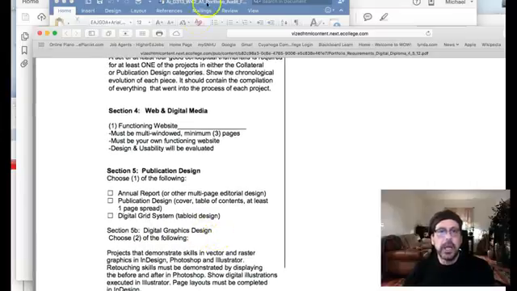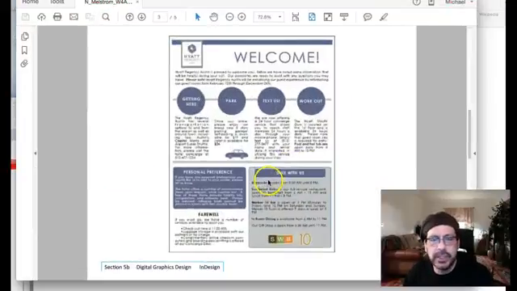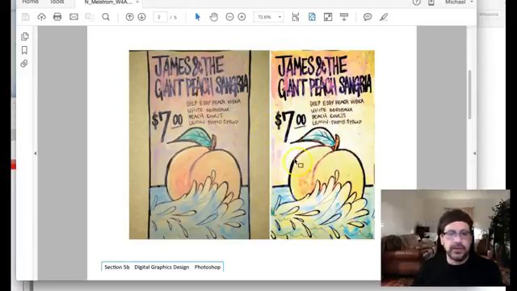digital graphics design. So we take a look at what is involved with digital graphics design, and that's projects that demonstrate skills in vector and raster graphics, InDesign, Photoshop, Illustrator, retouching, demonstrated by before and after in Photoshop. So what we're looking at in your presentation, which I have right over here, is this first piece, and you're saying that this is section 5B, digital graphics design, and this is Photoshop, and this is what I'm guessing is a color or levels adjustment, and